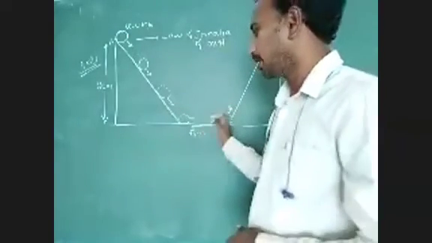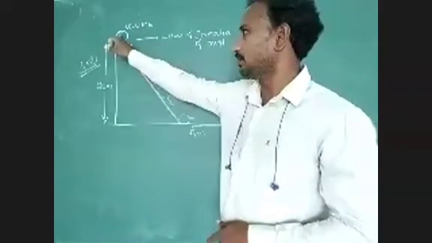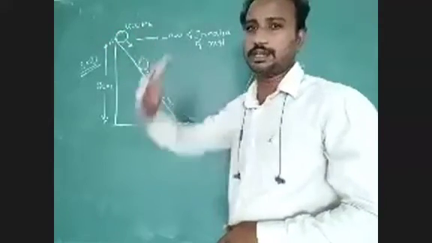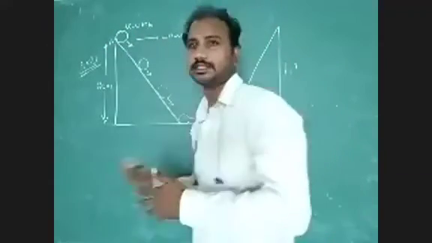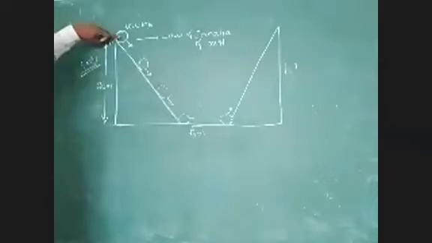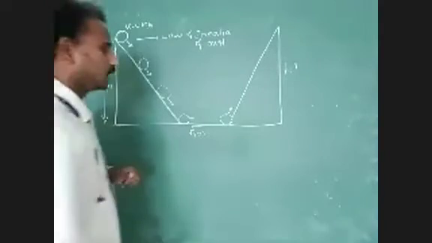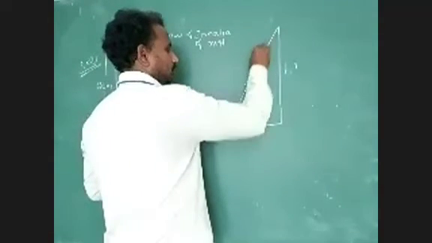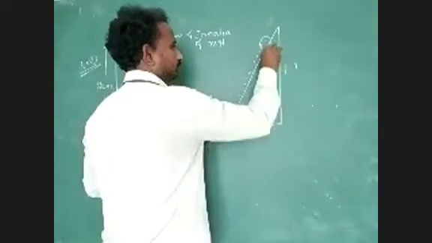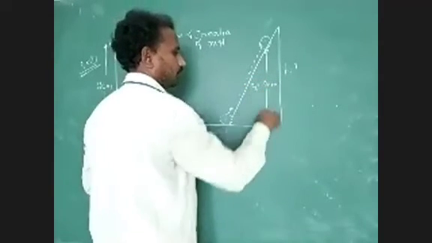In this condition, there is no external force. Frictional force value we consider 0. Here the initial state of the body is at rest. Then that body will try to reach its initial state. Yes or no? Every body will try to reach its initial state. What is that initial state? Rest. So here consider that position with respect to ground: how many meters? 20 meters. So this body will try to reach the same height, 20 meters. So H2 equal to 20 meters.